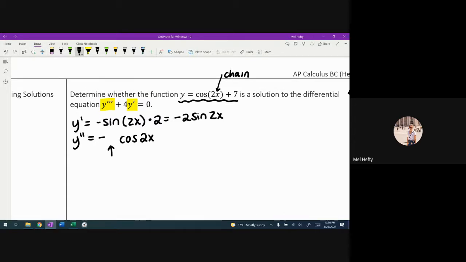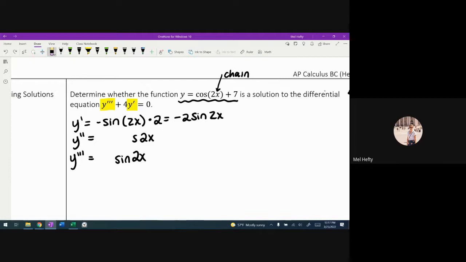What should I put there? Options I'm hearing are 2 and 4. Do I have to chain rule again? Yes. So the number that should go here is 2 times the other 2, or 4. All right. Will the third derivative be positive or negative? Positive, because I'm going from cosine back to sine. So I'm adding in another negative sign in the equation. What number should go here? 8. So